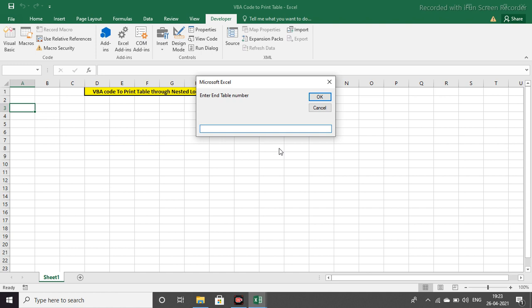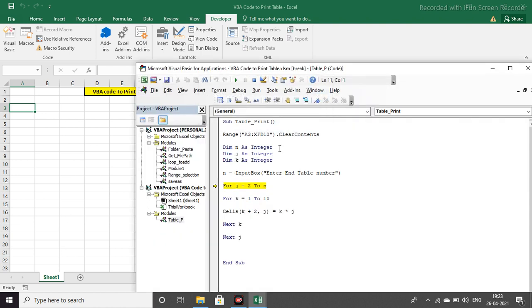If you want to print 15, the loop will be executed from 2 to 15. As you can see, now n is 15. After that the inner loop will be executed from 1 to 10, as we already know that we need the table only 10 times, like 2 1s are 2, 2 2s are 4, and so on till 10.